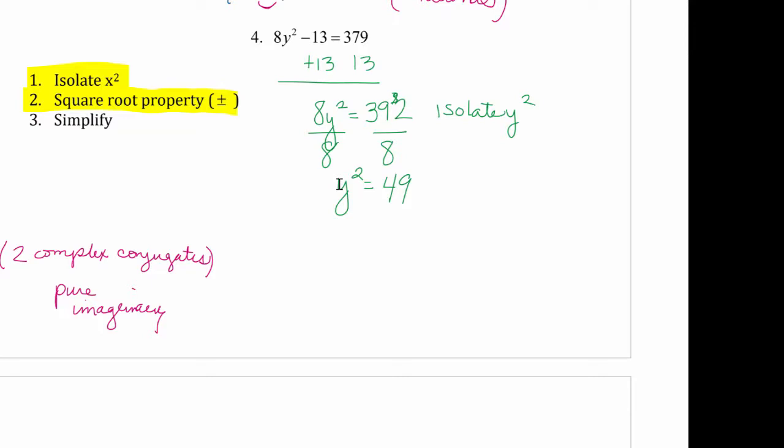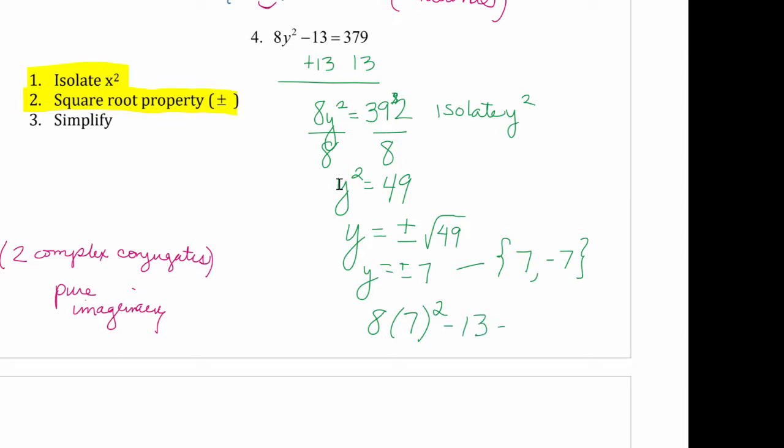And then we're going to take the square root of both sides, right? So use our square root property, y equals, not forgetting the plus or minus. So plus or minus square root of 49, which we know is a perfect square, and it's 7. So y equals plus or minus 7. And remember that you can check these, right? So you are getting two answers again, a positive 7 and a negative 7. And again, to check it,